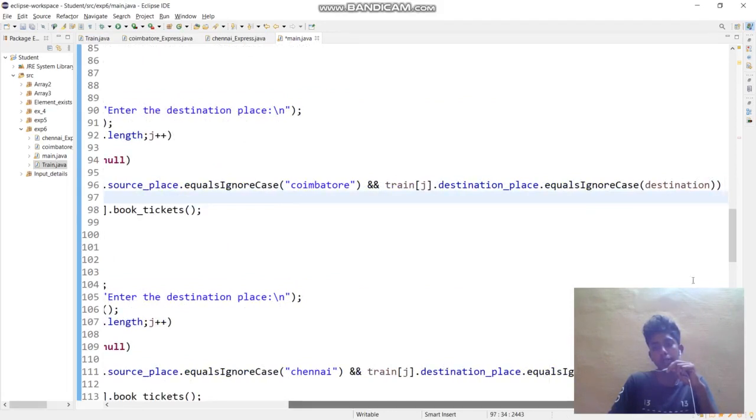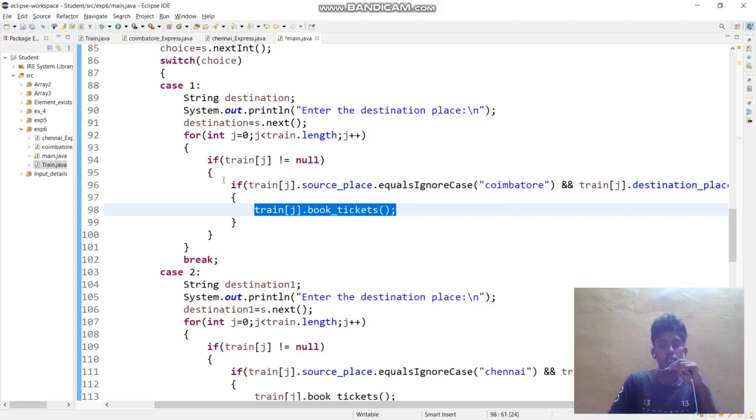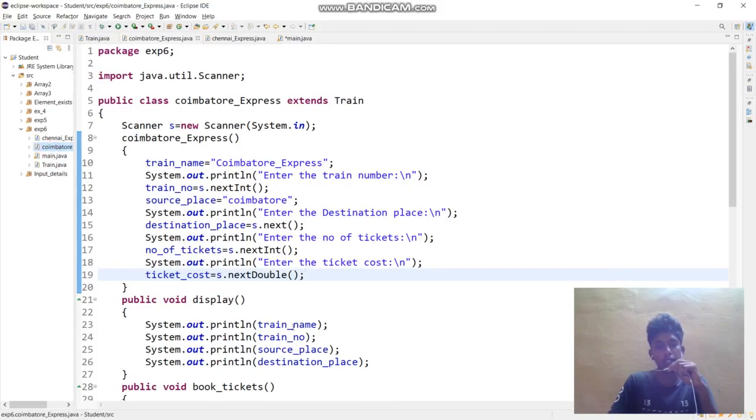The destination place you have entered will be checked, and if it is there it will call train of j book tickets. Train of j book tickets means it will go here, Coimbatore Express book tickets.